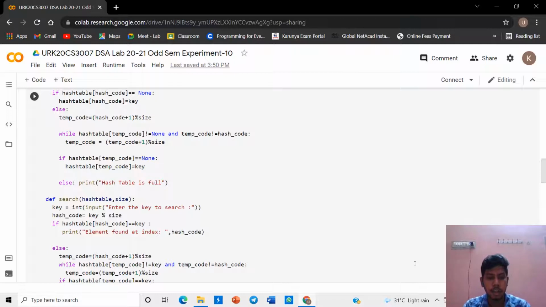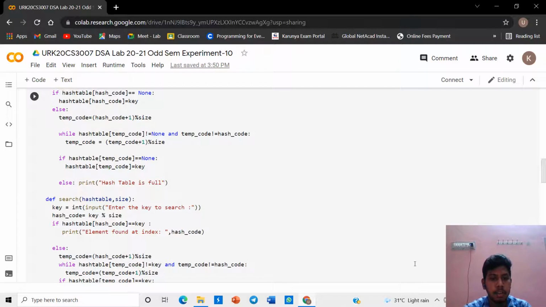Thus, it becomes a data structure in which insertion and search operations are very fast, irrespective of the size of the data. A hash table uses an array as a storage medium and uses a hash technique to generate an index where an element is to be inserted or located from.